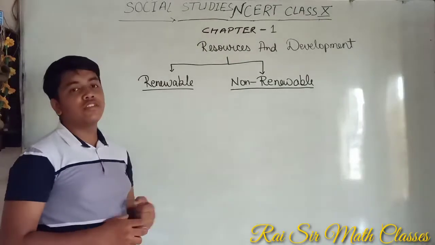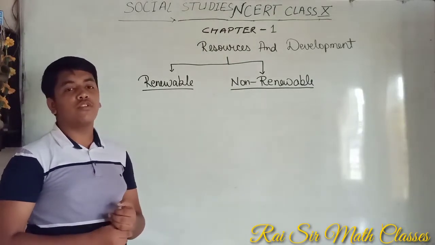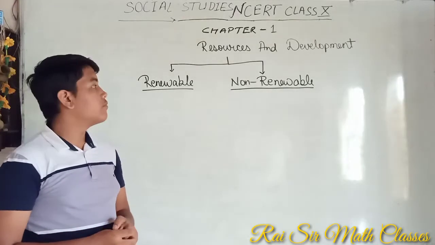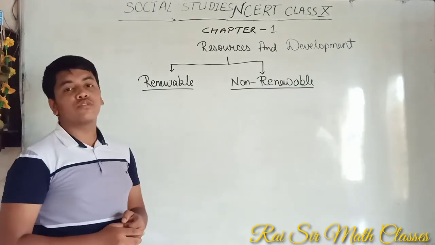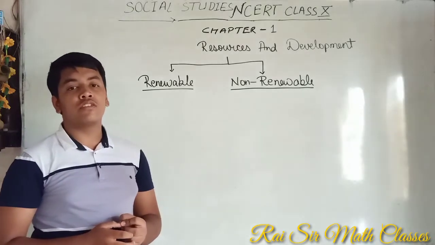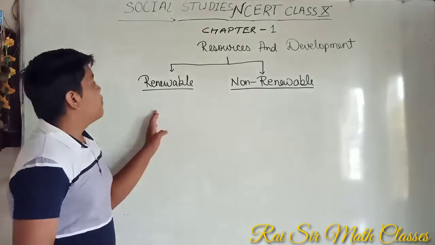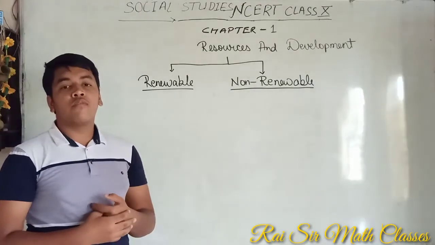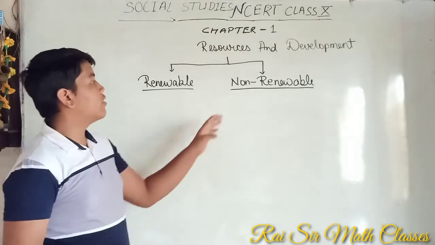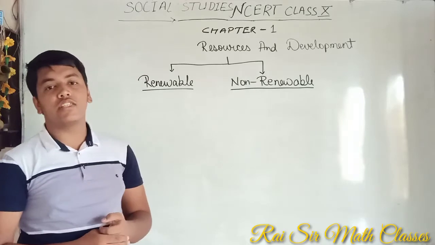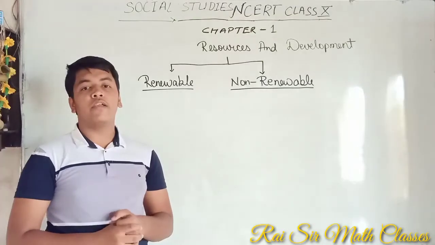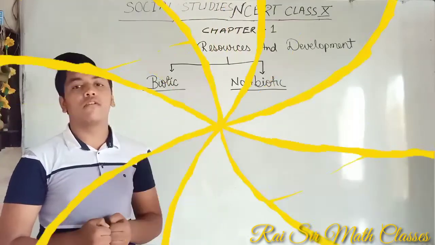So by definition, renewable resources are the resources which can be renewed after a short period of time. And non-renewable resources are the resources that are not renewed or are being exhausted from nature. Examples of renewable resources are wind energy, tidal power, solar energy, etc. And examples of non-renewable sources of energy are petroleum and many lubricant oils that are not renewed in a short period of time.